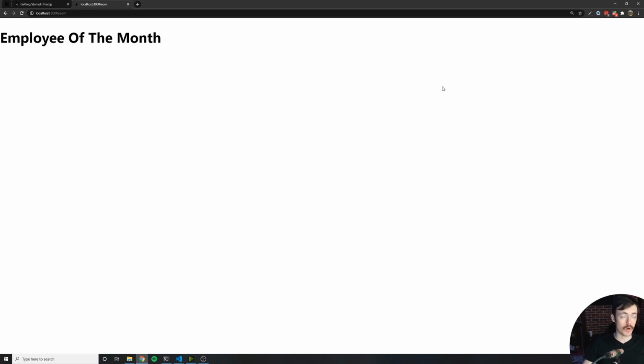Now, this is pretty cool and all, but we're going to want to actually have an Employee of the Month. And since it's going to change every single month, we want to get this from a database, and we don't want to hard code this and push an update to the application every single time we change some data here. So in order to do that, we're going to use the MyJSON server API. Now I've already got an endpoint set up for you, so you don't have to set up anything on your end unless you want to. You can totally set up your own db.json file. That's perfectly fine. But in our case here, if you just want to follow along, just use the URL that I'm going to be using